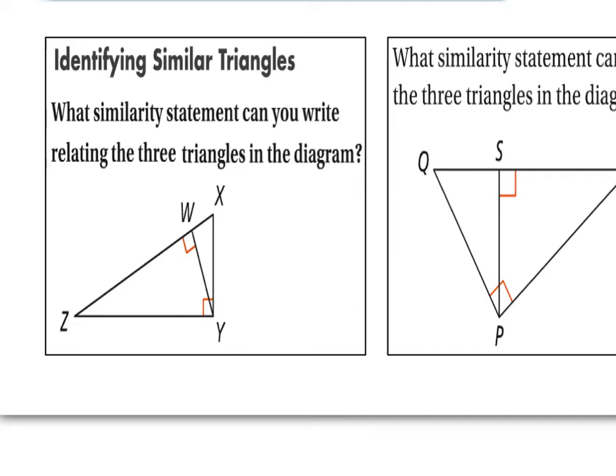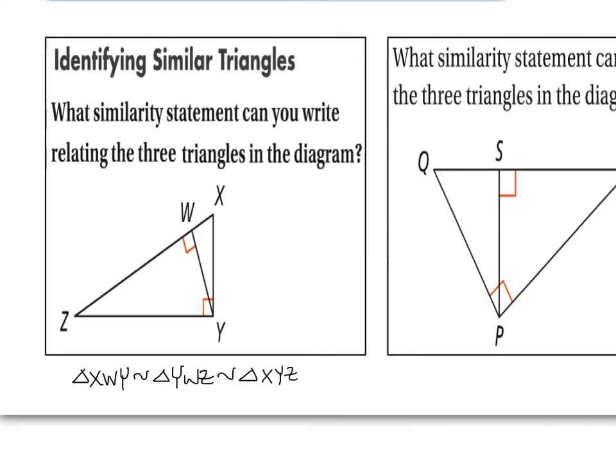Okay, now that you've hit pause and written down your triangles, let's see if they match up with what I have. First of all, we're going to start out with the small triangle on the right. We're going to call that triangle XWY. And that's going to be similar to triangle, let's take the medium-sized one next, and we're going to call that YWZ. You'll notice every time I've done it so far that the right angle has been the middle one, and I've started with the short side, so I went short side to right angle, and that's going to be similar to triangle